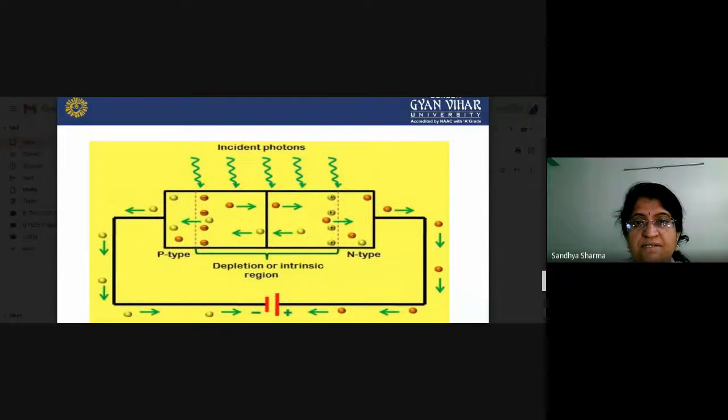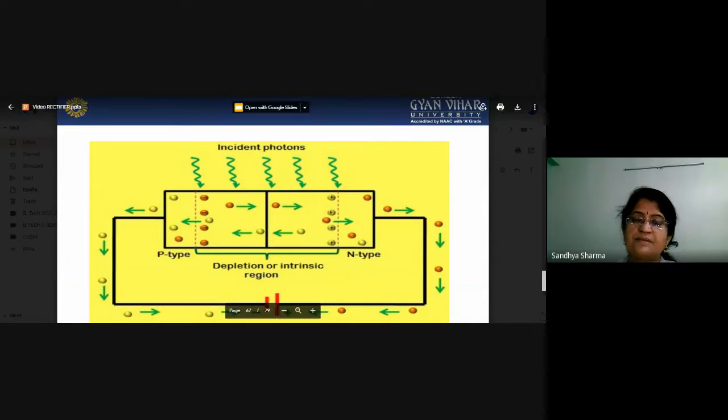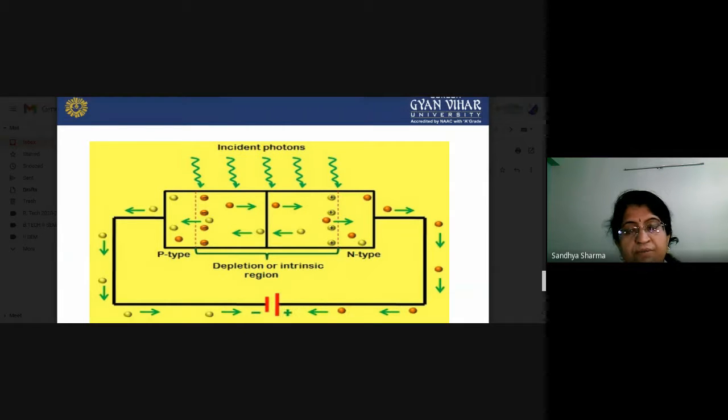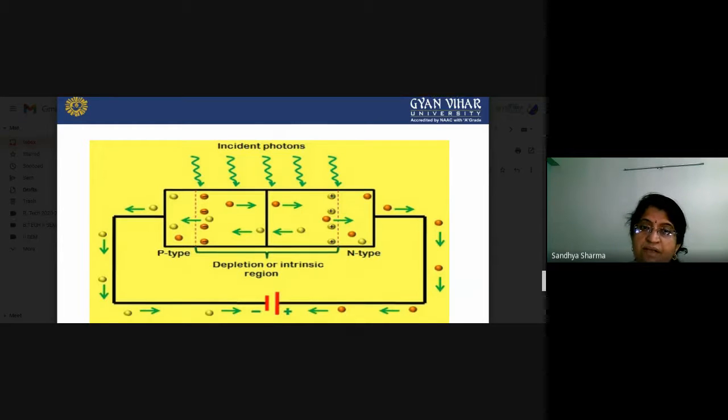So this is a basic block diagram, a basic diagram of our photodiode. You can see that light is incident upon the junction of your PN diode. When this light is focused on it, the covalent bonds of our semiconductor materials will be broken. And due to the breaking of these bonds, several holes and electrons are produced, and there may be flow of current. So this is the basic principle behind the photodiode.